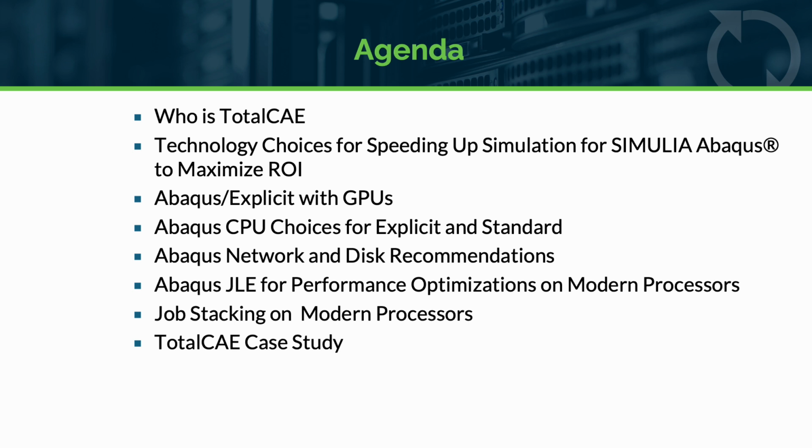choose between different CPUs, between explicit and standard, Abaqus network and disk recommendations for explicit and standard, a little bit about the Abaqus job layout engine and how that works, and how you can perform what it does when it does not engage, and a little bit about job stacking on modern processors, and a quick case study